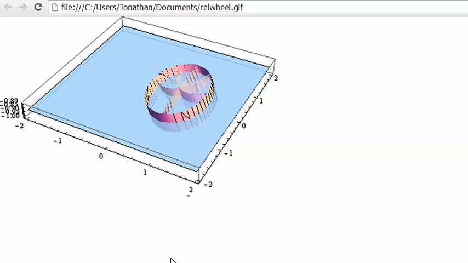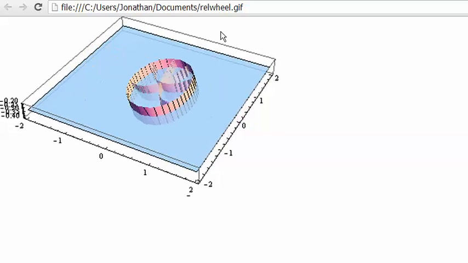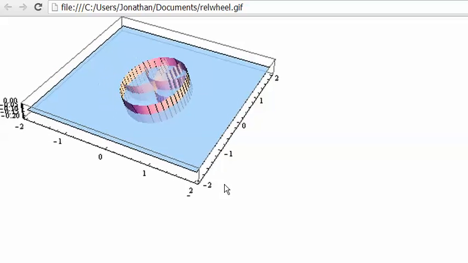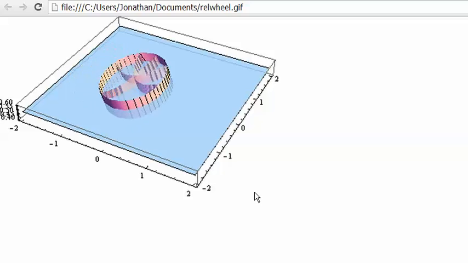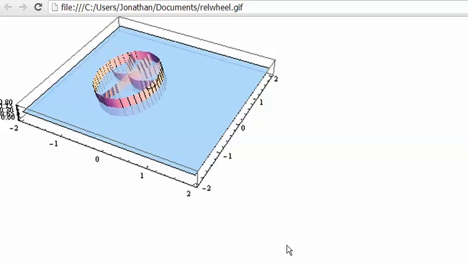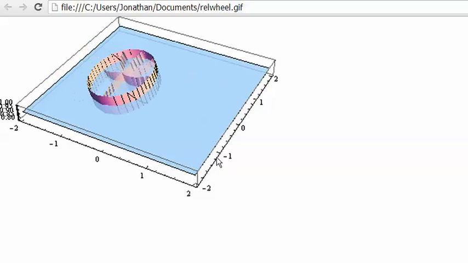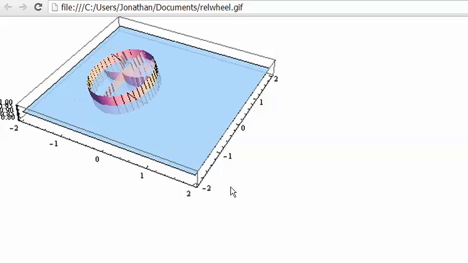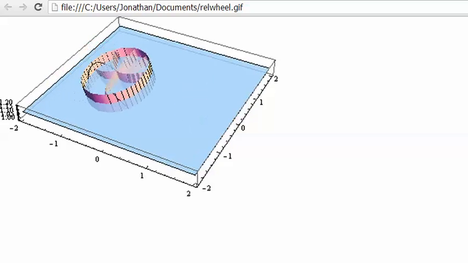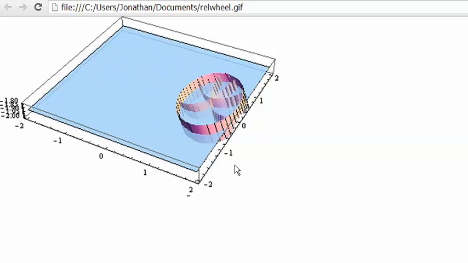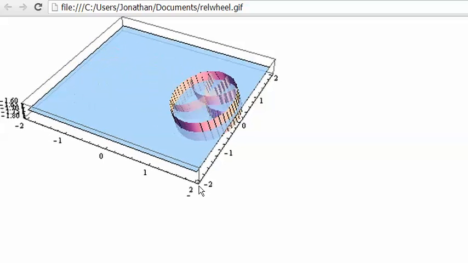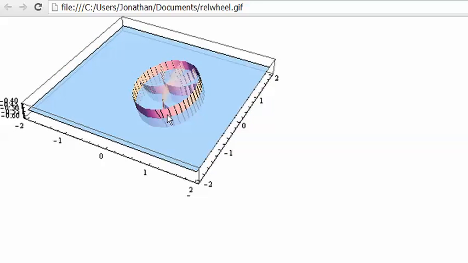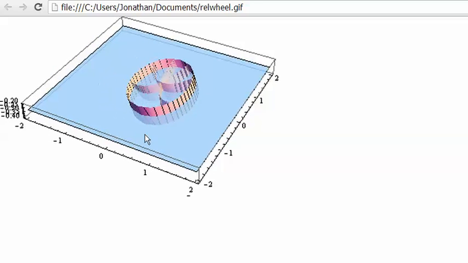This diagram represents a relativistic wheel. It's not really exactly what you would get from rolling an object near the speed of light, but it kind of demonstrates some of the manifestations of the relativity of simultaneity. And what that means, if I had an ordinary wheel turning at a slow speed, then